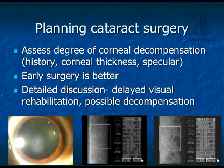So, in compromised cornea, we have to assess the degree of corneal decompensation. It can be arrived at fairly by a meticulous history which shows some amount of diurnal variation in vision. And corneal thickness and specular don't have magic numbers as to when the cornea will decompensate, but it gives a fairly good idea if you have access to this. Always early surgery is better. For example, the picture shown below, in such cases, you can proceed with surgery and probably come out of it